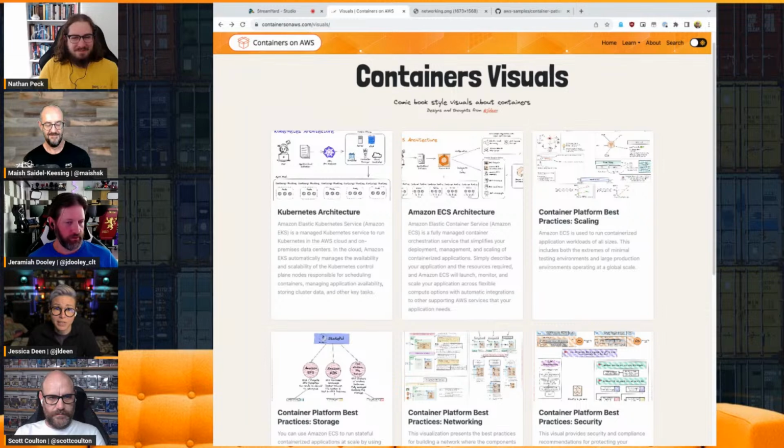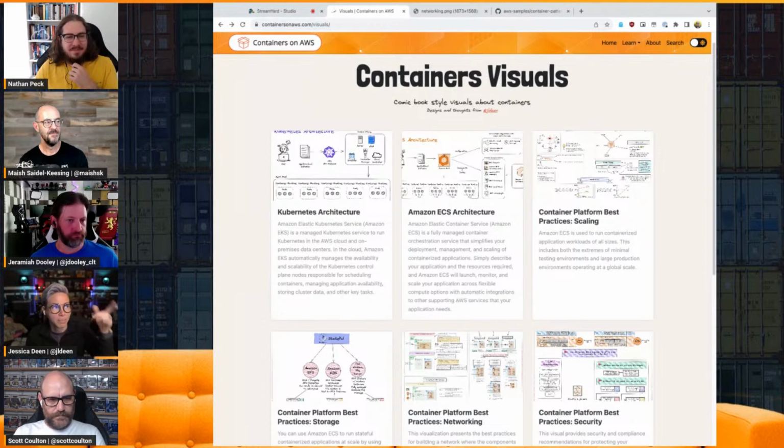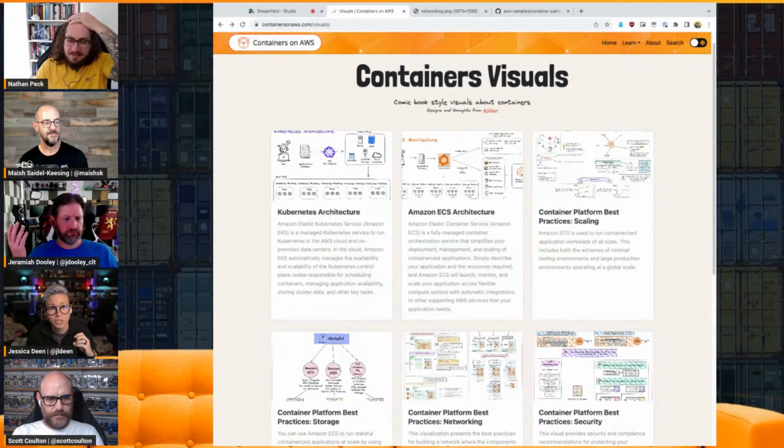The container part's nice if you want to do live whiteboarding, but in an instance that you own for your businesses, for your scenarios, it's your own private drawing whiteboard. And I don't remember if they've added support for this in the open source containerized version, but I know on the public excalidraw.com, you can also have live collaboration. So I could send a link to Maish or Nathan or Scott or anyone on the team, and we both could draw together, which could be both very fun and very dangerous.